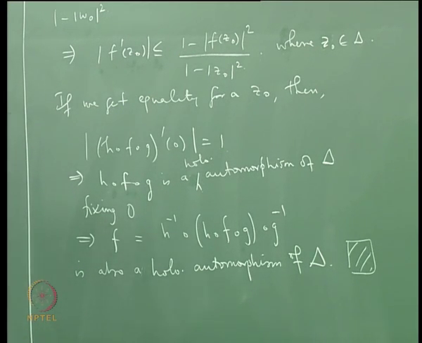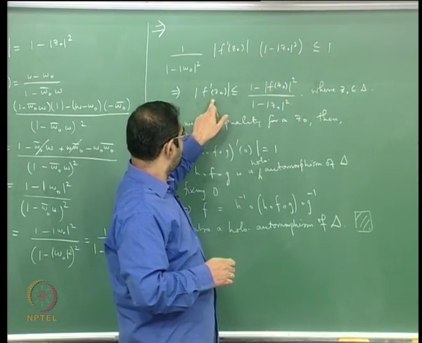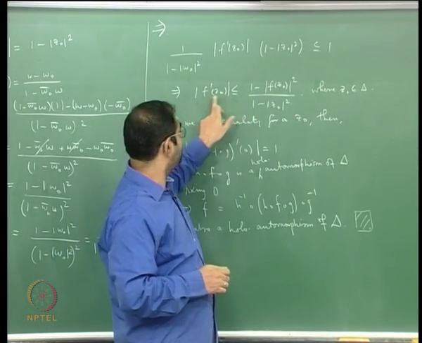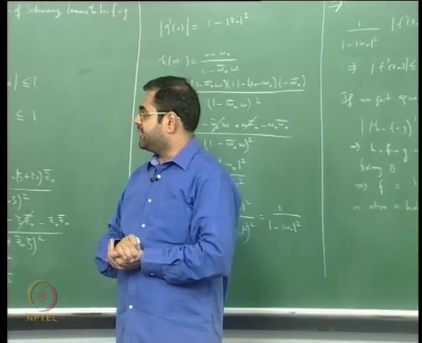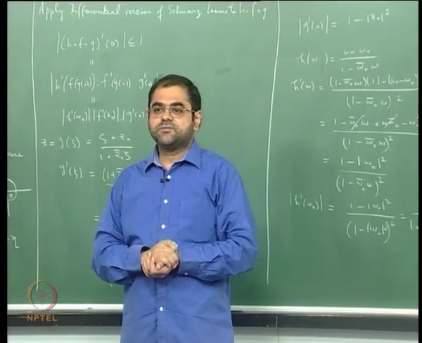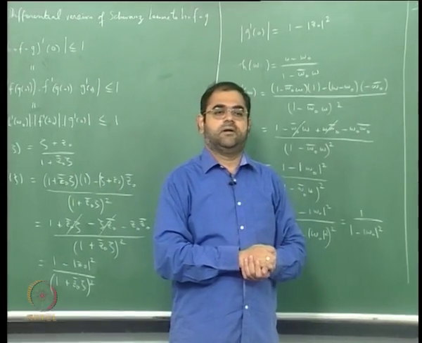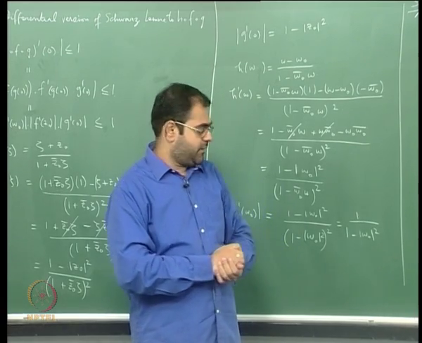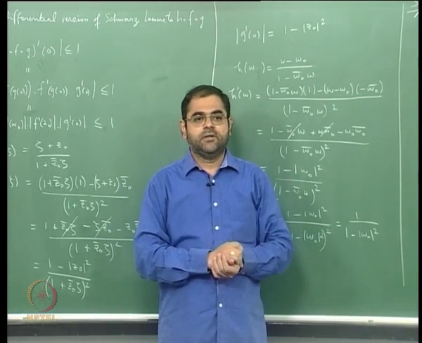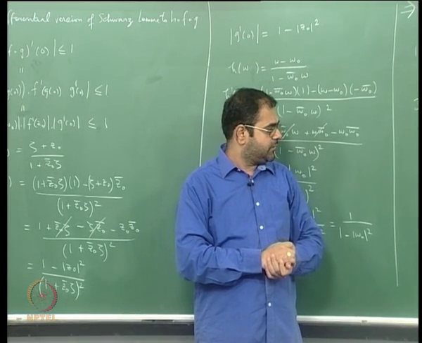If I put z0 equal to 0 and assume that f of z0 is also 0, then you will get mod f dash of 0 is less than or equal to 1, which is the differential version of Schwarz lemma. So Pick's lemma is just a generalization of the differential version of Schwarz's lemma, but the point is that it is the key to the so-called hyperbolic geometry on the unit disk, which is what we have to study.